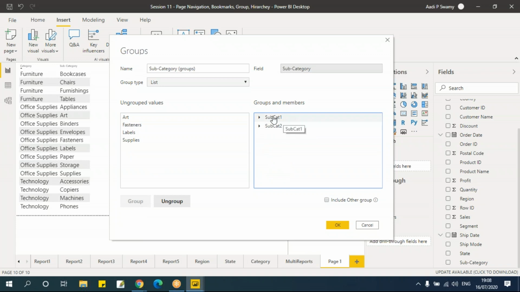If you say this, I created subcategory 1, subcategory 2, and if you want all these to be in another group, I can just say include other group. Just click on this, all these will be considered as others. All this automatically will be considered as others. Now if I remove this, the others will go. Right, I created two groups and these are actually not grouped. Now I'll say okay,